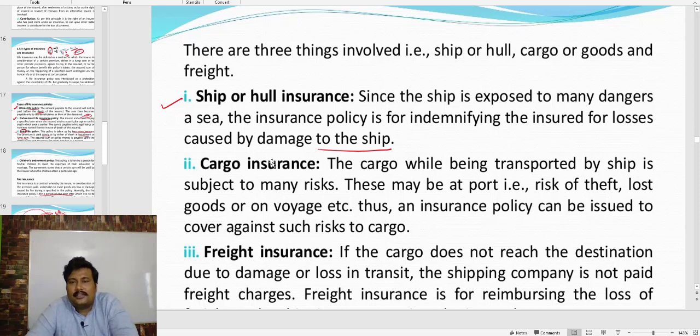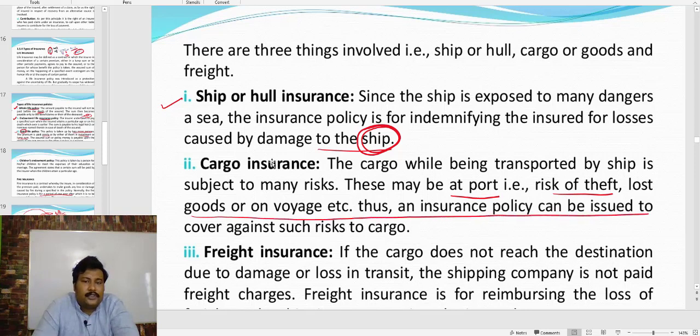Cargo insurance. Cargo transported by ship is subject to many risks. This may be at port. अब देखो, ये तो सिर्फ शिप पे था, ये तो केवल कहाँ था बच्चा? शिप पे. कार्गो इंश्योरेंस कहाँ है? पोर्ट. Risk of theft, loss of goods on voyage, etc. A cargo insurance policy can be taken to cover against such risks to cargo. Okay,